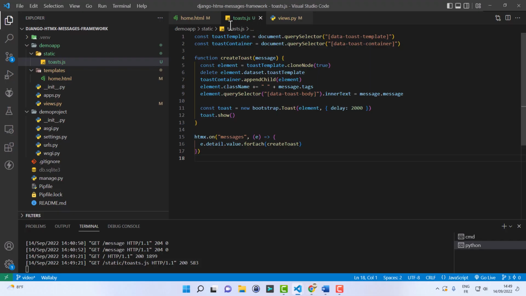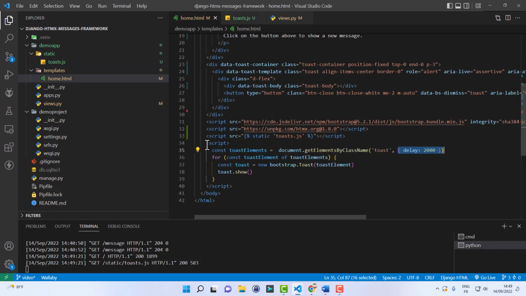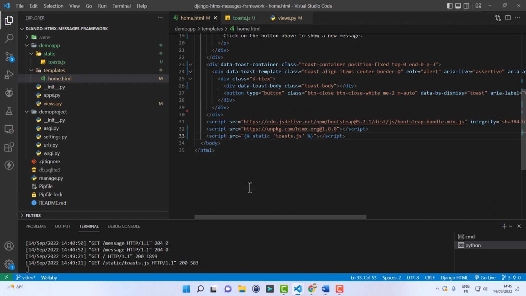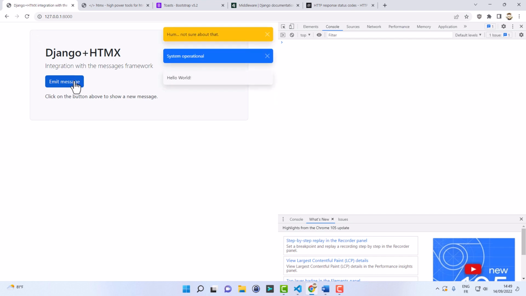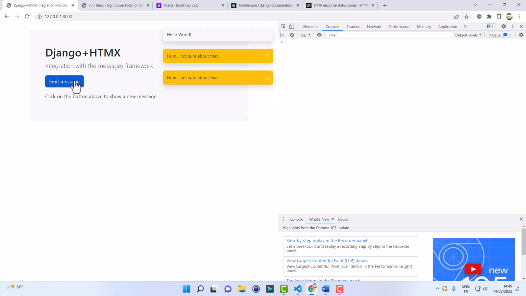Something weird here because I forgot to remove the code that shows the initial messages. Okay, let's refresh. Here we go. And as you can see, since we are not refreshing the whole page, we can have multiple messages together at the same time.